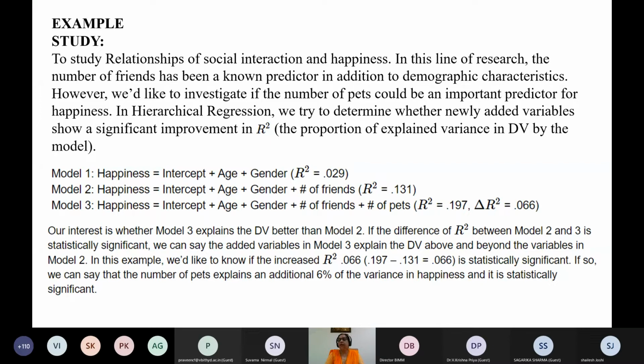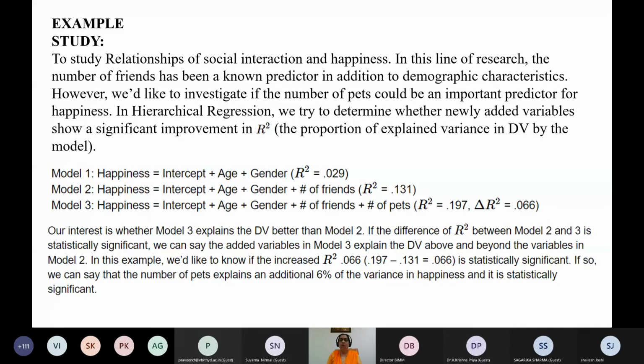As we know, when we do research about happiness, happiness is age related. When somebody is a very small toddler, a kid can be happy without any reason. They don't need a particular reason to be happy. So age can be an important parameter. Gender: boys and girls have different reasons and different happiness values.